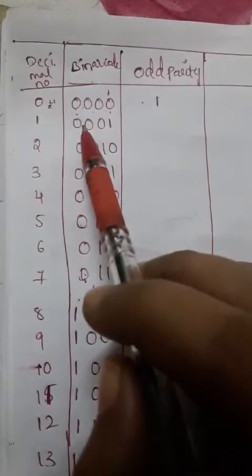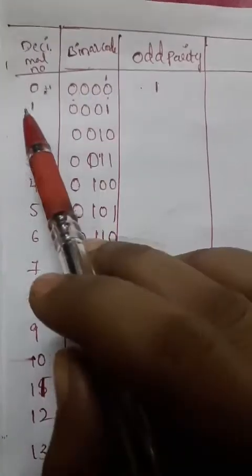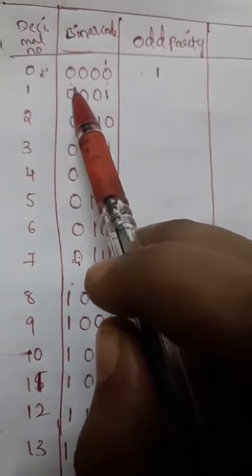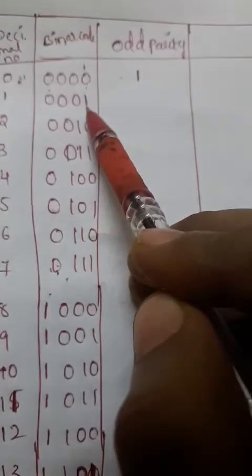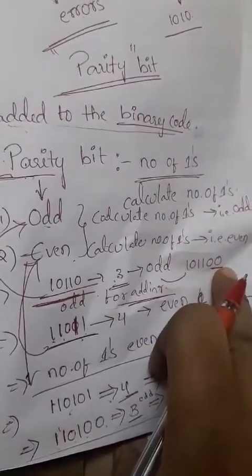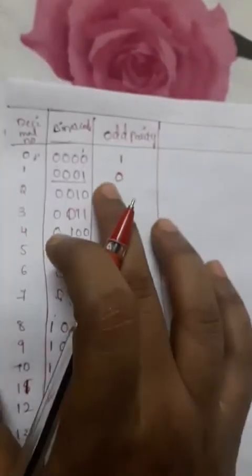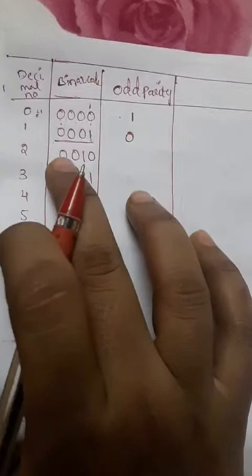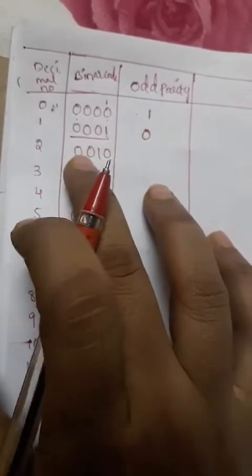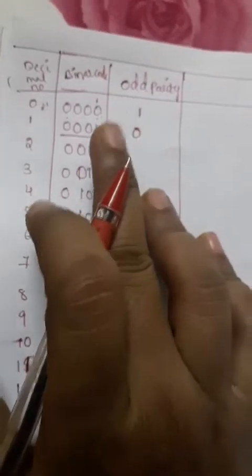Okay, so in the same way we need to discuss all of them. The second number is nothing but 0001. So how many ones are we having here? Totally the number of ones will be 1. Only 1 we are having. 1 is an odd number, no? So that means this number is already in odd parity. Already in odd parity means we need to add 0. With respect to that parity, that bit will be added with 0. Like this, in the next number also, 0010, the number of ones is 1. So directly this is odd parity. That's why I can add 0.